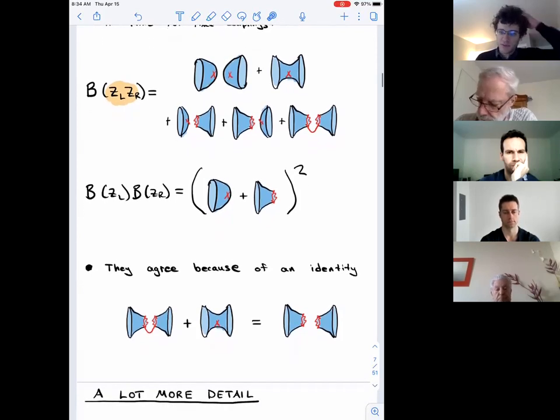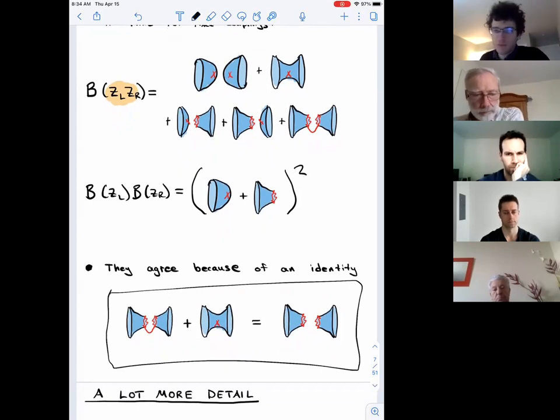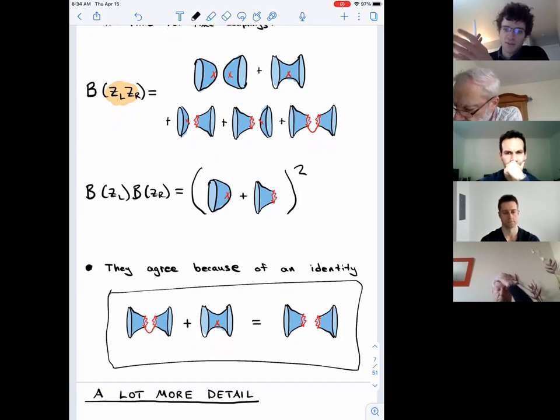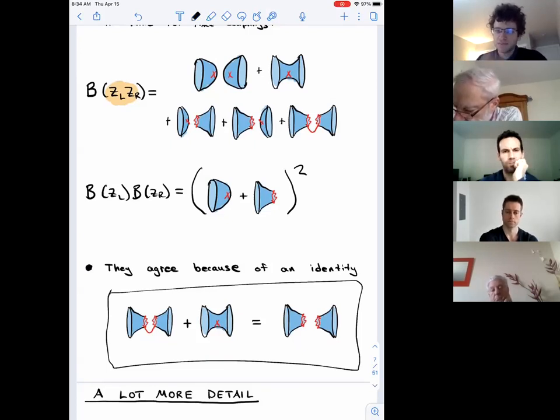And the agreement between the two computations is based on this identity here. What it says is that the half wormholes in the theory where a wormhole was possible, plus the wormhole, are numerically equal to the half wormholes in the theory where there was no wormhole to begin with, where no wormhole was possible. So you have 2 options of how to compute this quantity. You can do it in a way where a wormhole is possible, or you can do it where there's manifestly no wormhole and factorization is exact. And the 2 methods agree because of this non-trivial identity. Okay. All right.